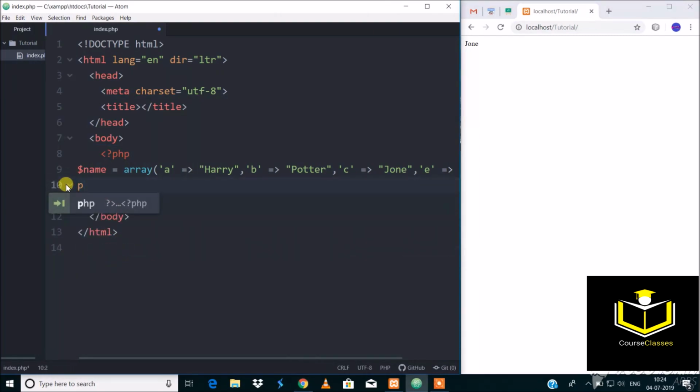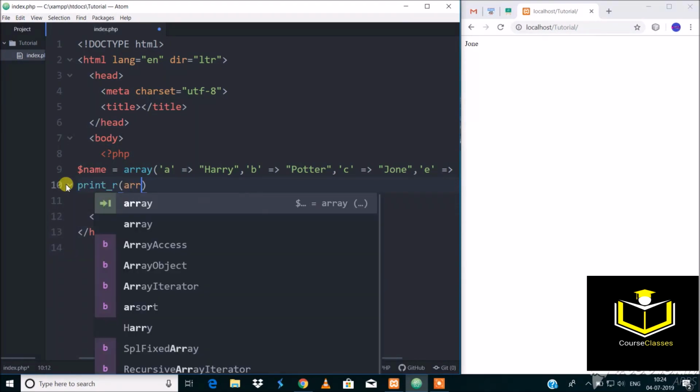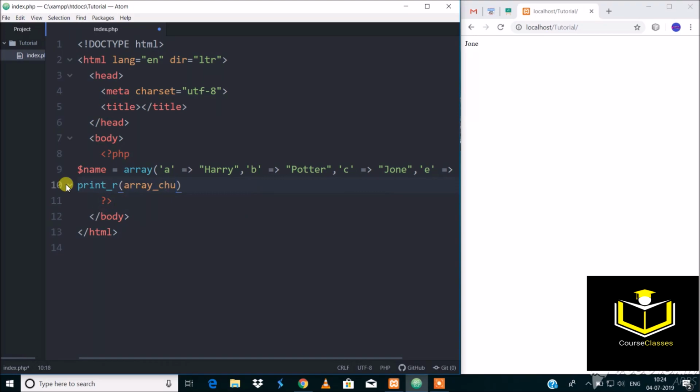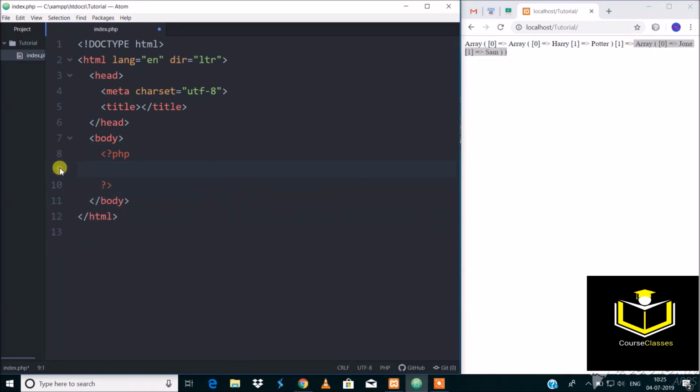So let's write the syntax of the array_chunk function. Here 2 is the number of elements in each array, which is specified by using the size parameter. It splits the given array into two parts. So let's create a script for an associative array.